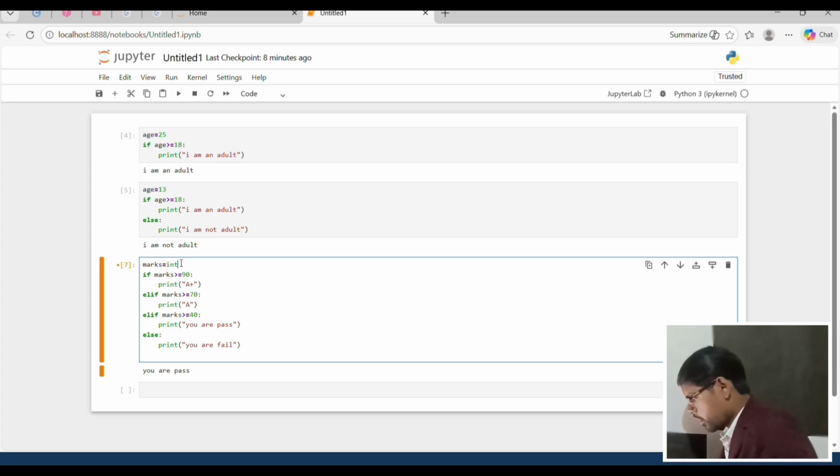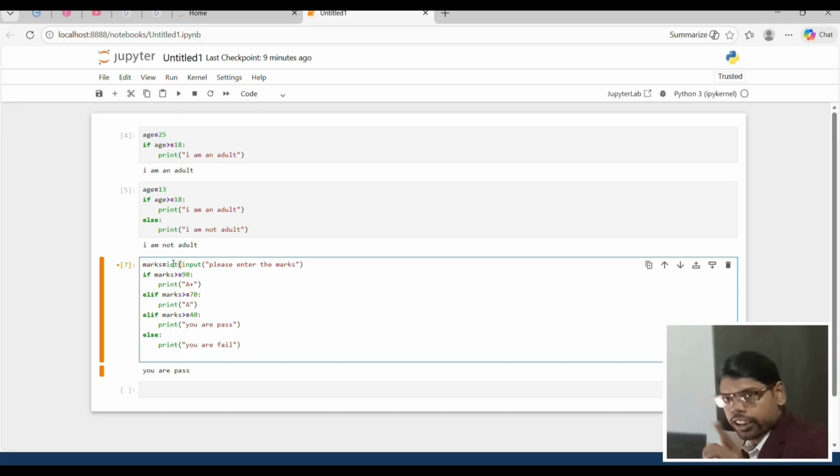I will use the int function and the input function, and enter the marks. Input takes the input from the user.